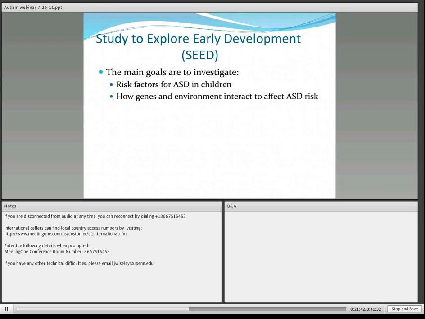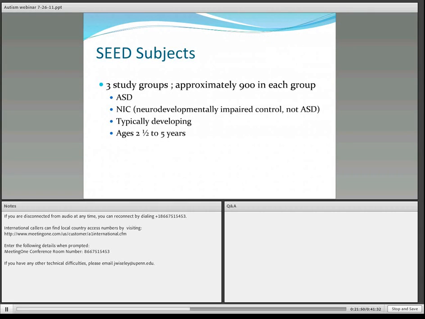SEED study subjects include three groups. We will ultimately have about 900 children in each group. The first group is obviously the children with autism spectrum disorders. The second group is a group that we call the neurodevelopmentally impaired control group. So they have a neurodevelopmental disorder, but it's not autism. And then we are also comparing the autism group to a third group, which is just a very typically developing control group. These children are all between 2.5 to 5 years of age,